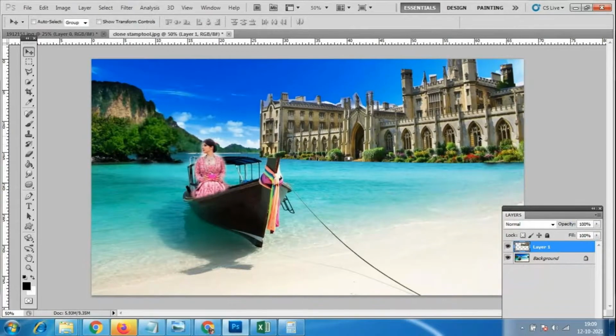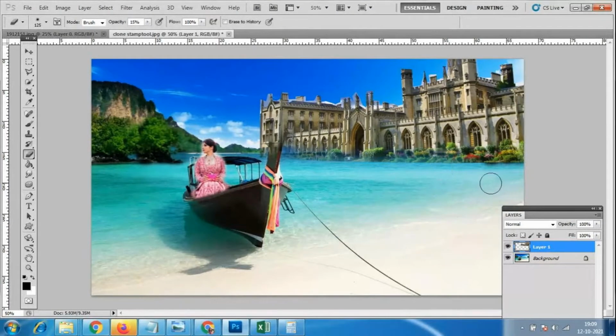So what I'll do, I'll use the eraser tool again. With the eraser tool, reduce the brush size with the square bracket. It should look natural, so we have to hide, like we have this island over here, and we have to show the water.